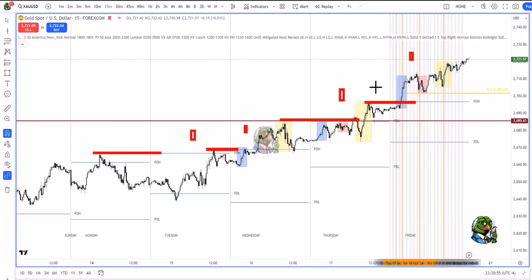Now, you've also got to ask yourself, why has the market pumped up on Friday when there's been no news? So we need to be aware of that. Friday has had a decent pump up, around about 300 pips, I think, maybe more. And you've got to ask yourself, why has it pumped up? There's been no news. Where's the volatility coming from? There's no volatility injection. So that's something to think about. I'll talk about that in a moment.